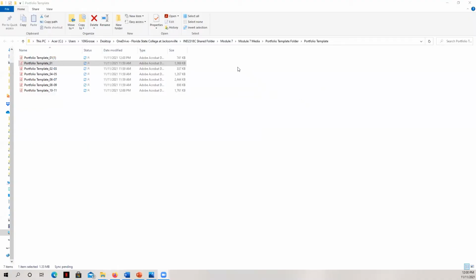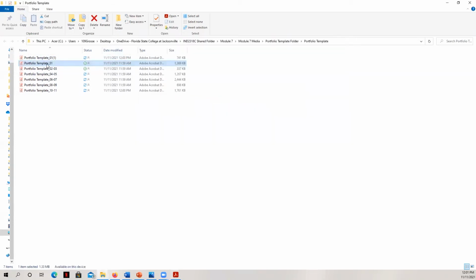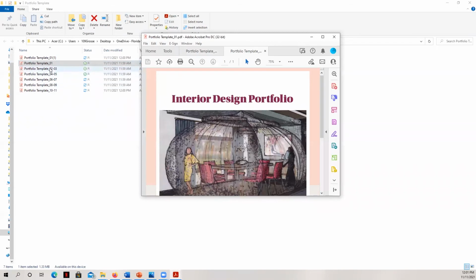And so now you can see here that the packaging has resulted in separate portfolio pages. This is a PDF of each of the pages, but they're separate, see? So let me go ahead and drag it from my other screen. So you can see here we've got the individual pages that are just ready to be merged.